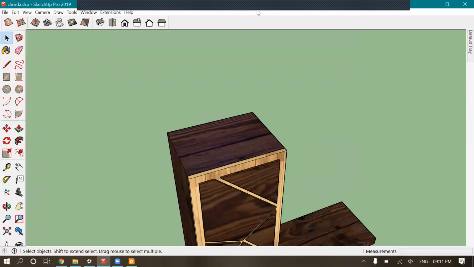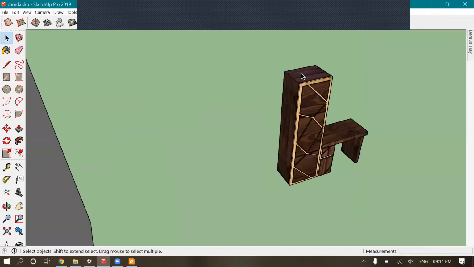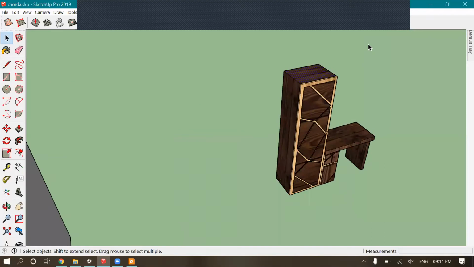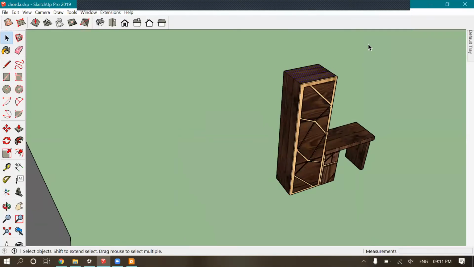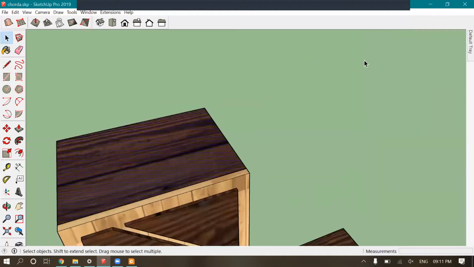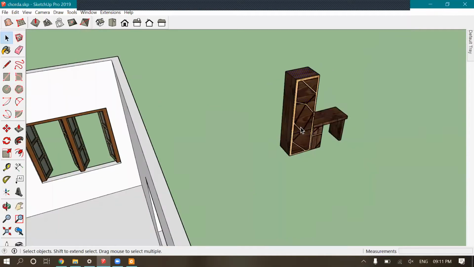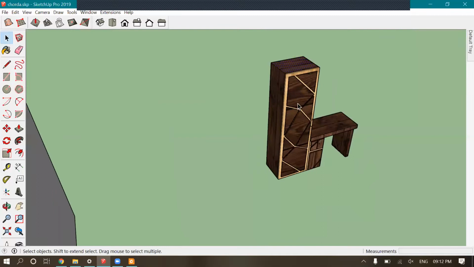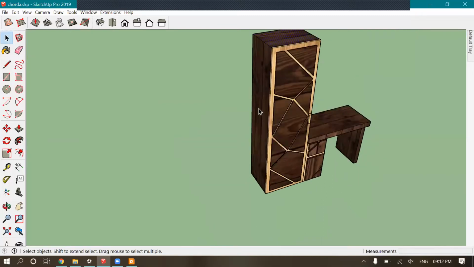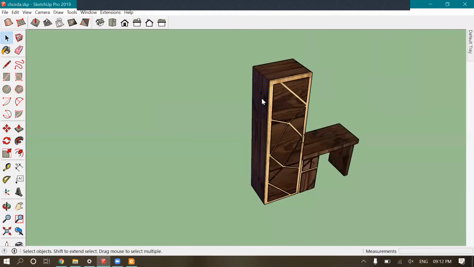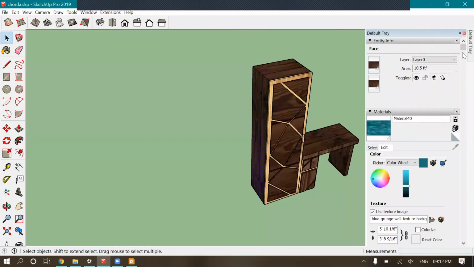So here I have 3 feet. I'll be using the same for the shelves as well and for the lower part. And this is like 10.5 per square feet.